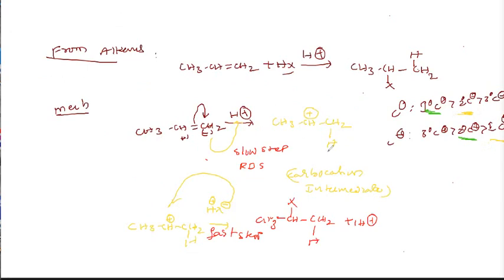The pi bond moves towards the side with more hydrogens, because more hydrogens means we get the stable carbanion. Fewer hydrogens means we get the more stable carbocation. So always the pi bond moves towards the side with more hydrogens, and that is the formation of the carbocation, the formation of the positive charge on the carbon with fewer hydrogens.